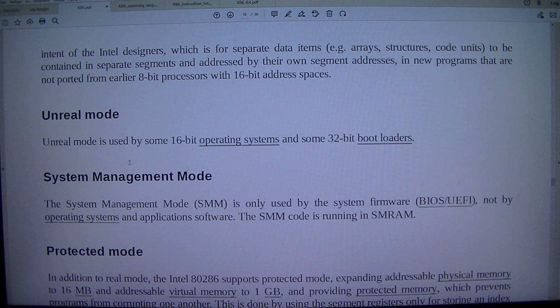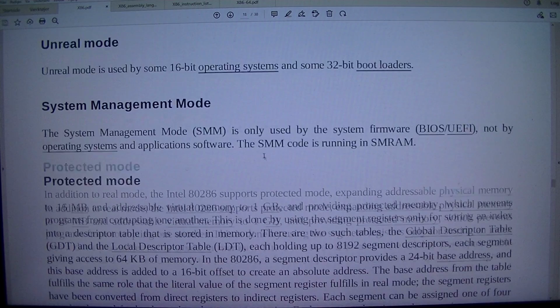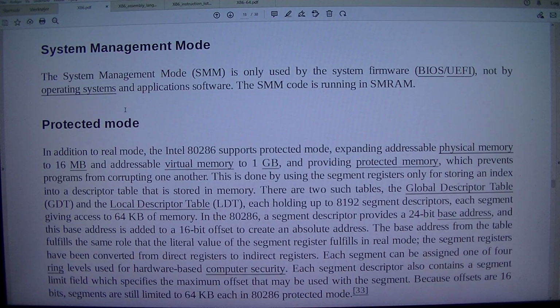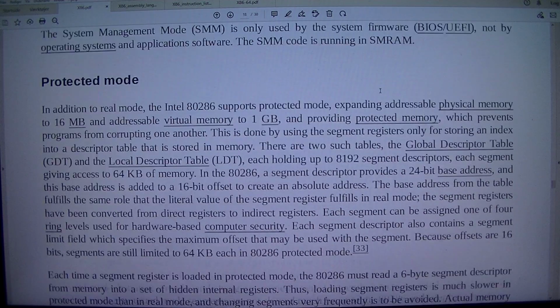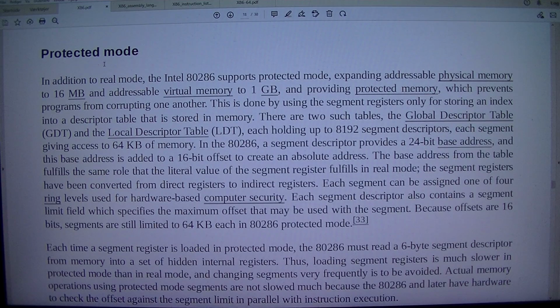Unreal mode is used by some 16-bit operating systems and some 32-bit bootloaders. System management mode. The system management mode, SMM, is only used by the system firmware, BIOS/UEFI, not by operating systems and applications software. The SMM code is running in SRAM. Protected mode. In addition to real mode, the Intel